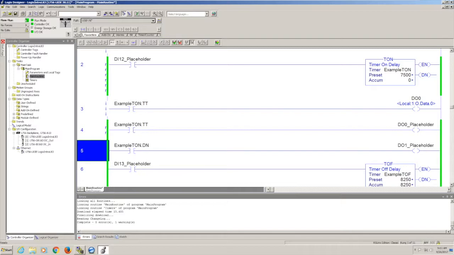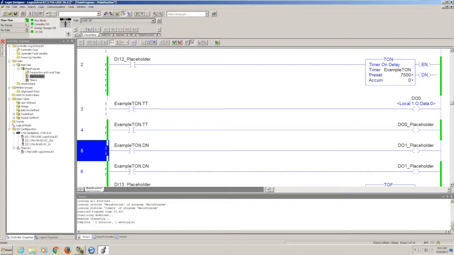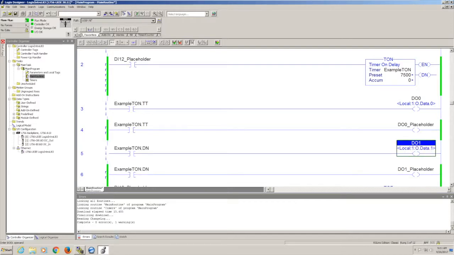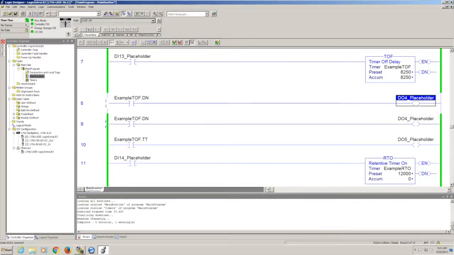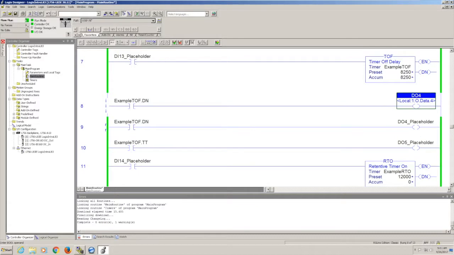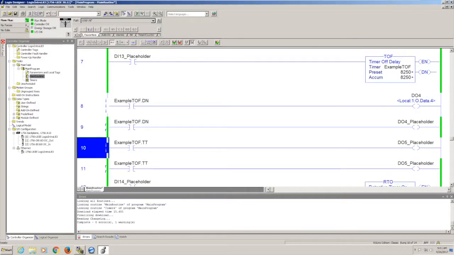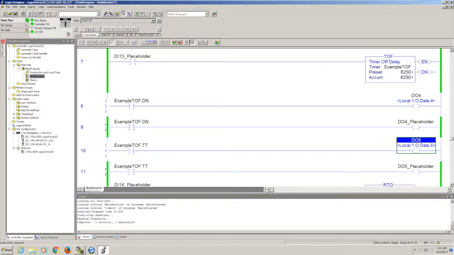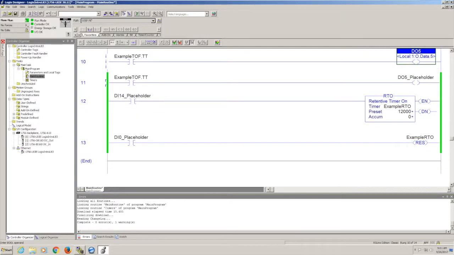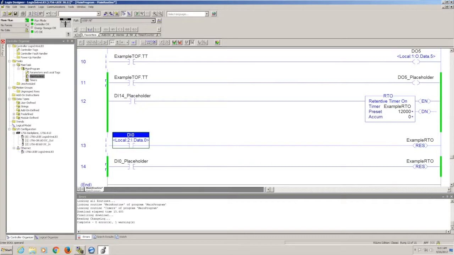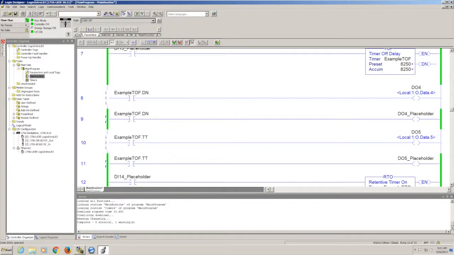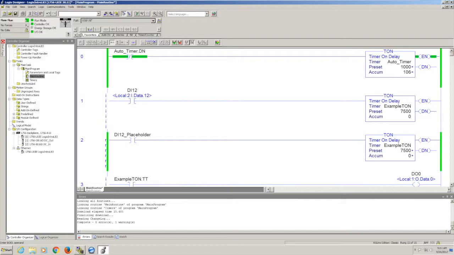DO0, starting the rung edit by double clicking and double clicking again, and DO1, and we have a couple more here, DO4, DO5, and I think we're down to just one last one. There it is, DI0. Each one of these rungs have been edited, and we can see that the rungs are